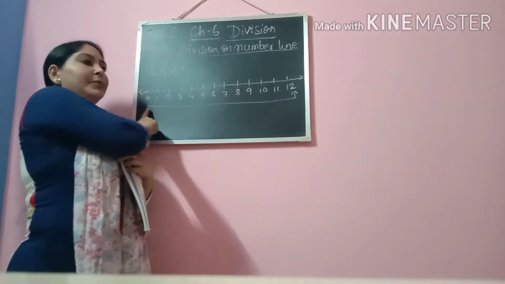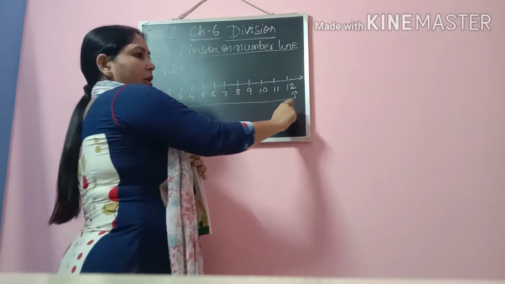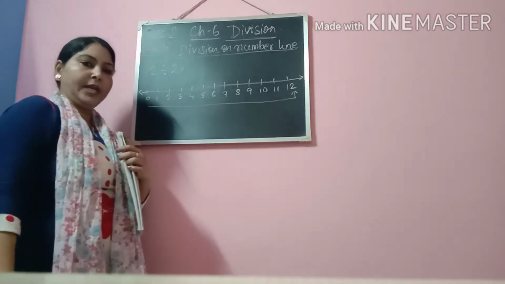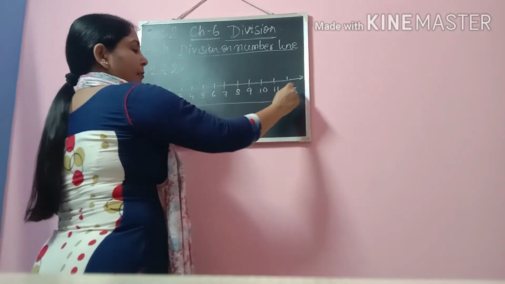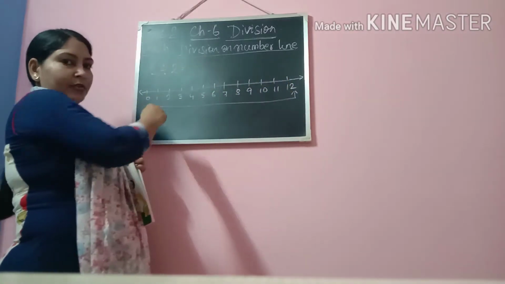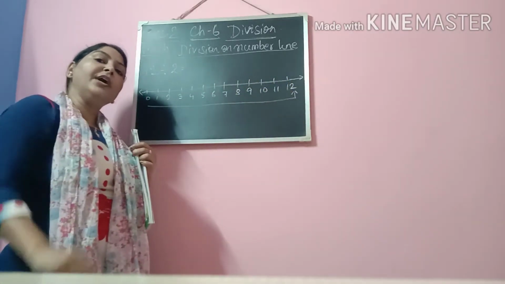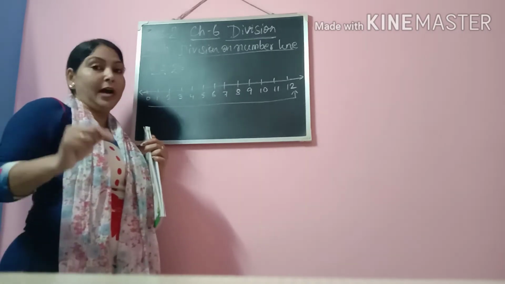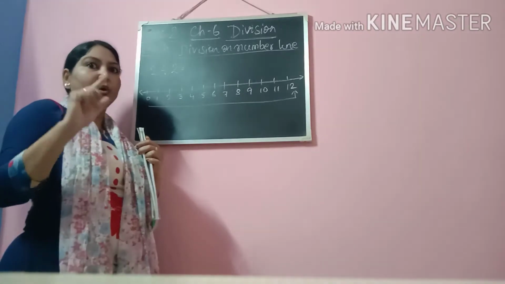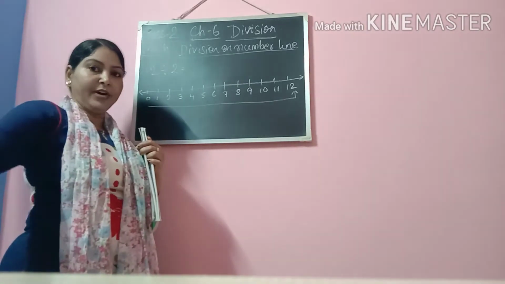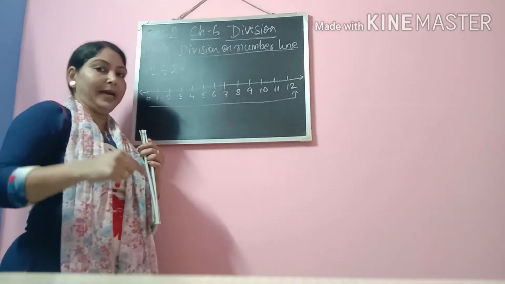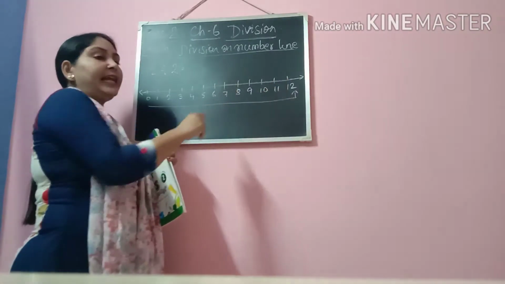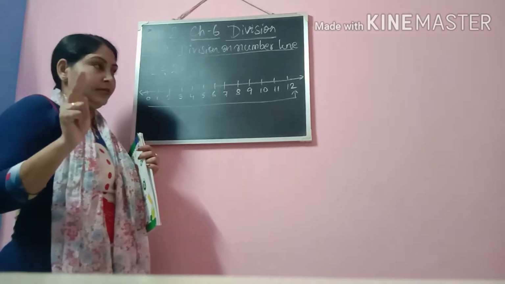So from the left we are going to move to the right, and then from right we will again move back to left. And how we are going to do this? We are going to do this by the concept of skip counting. And this time we are not doing skip counting in a forward manner, we will be doing backward manner. So we will start from 12, and every time we have to skip by 2 numbers.